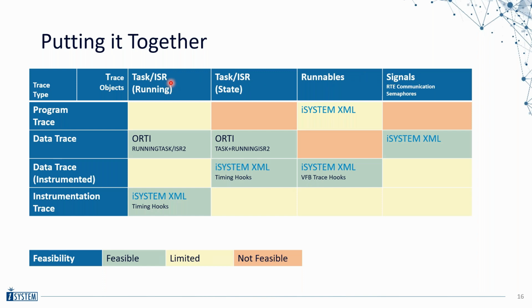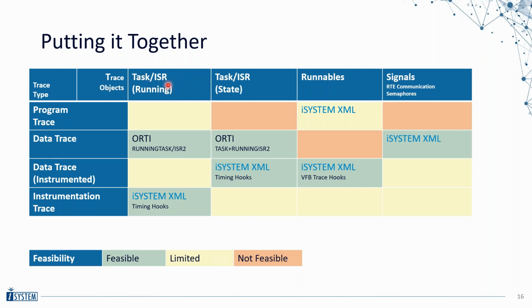The simplest case, the hello world of operating system profiling, as I like to call it, is running task and running ISR profiling. Then, if we want to be a little bit better than that, we could not only trace the currently running task, but also the task states. That gives us a little bit more information. Then we mentioned runnables, and then there could be other objects like RTE communication or semaphores that we might want to record. And now this matrix shows us which trace technique can be used